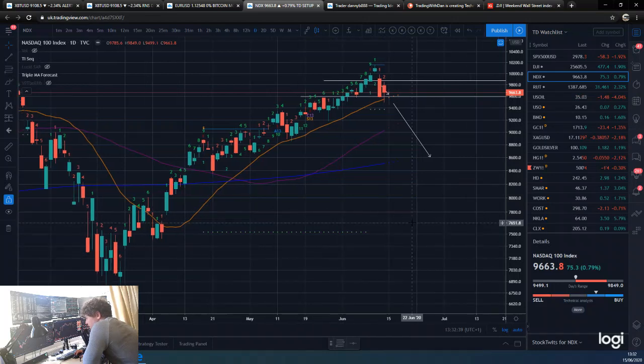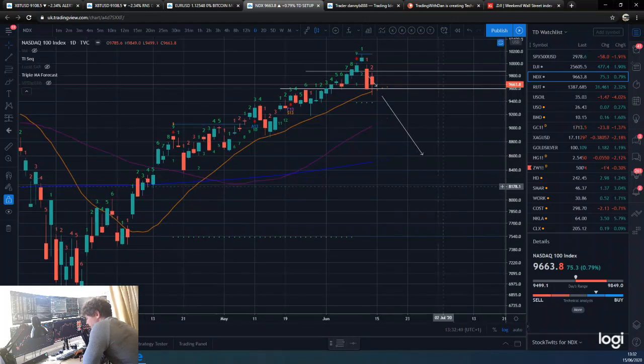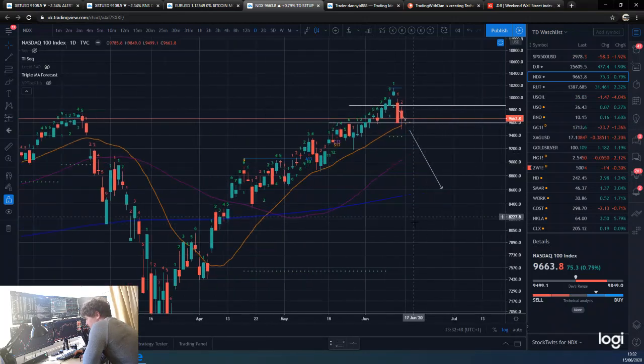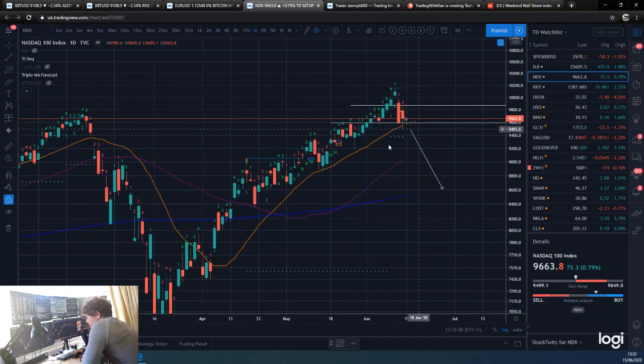Nasdaq though is not looking anywhere near as bad. The Nasdaq obviously has those couple of companies that are doing really well, that seem to be benefiting from the current situation. So Nasdaq,